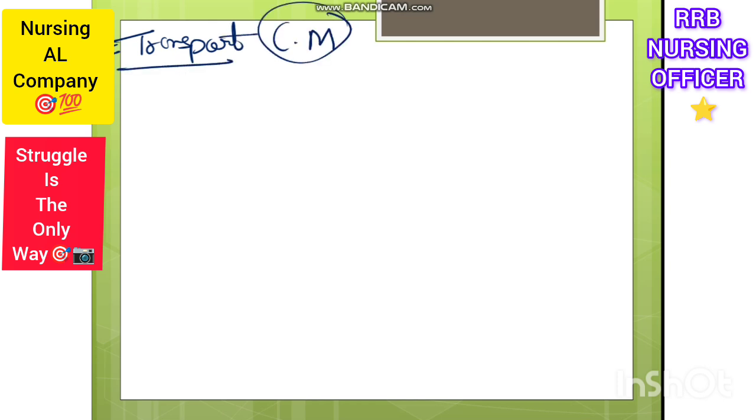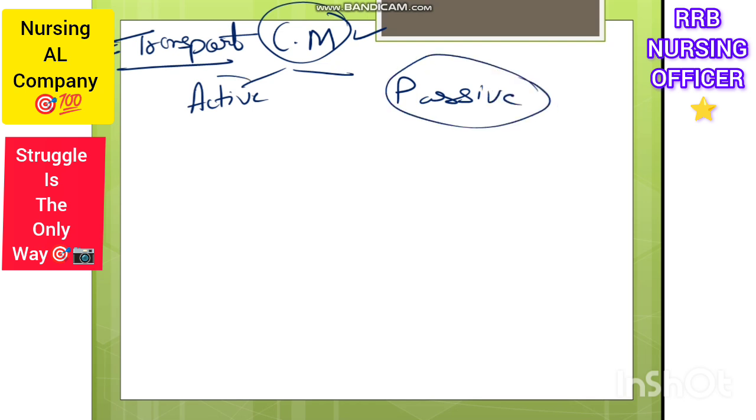There are mostly two types, active and passive. First we will see passive, that is without energy,